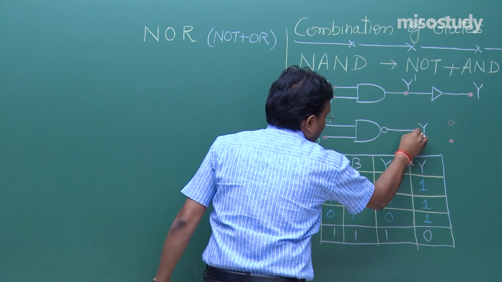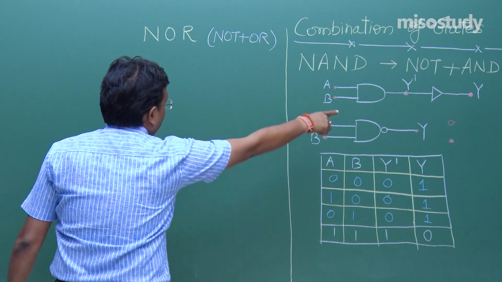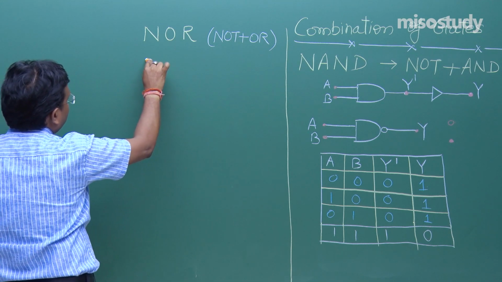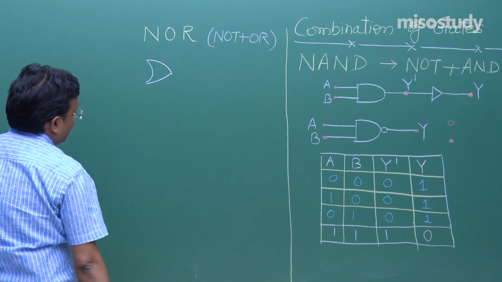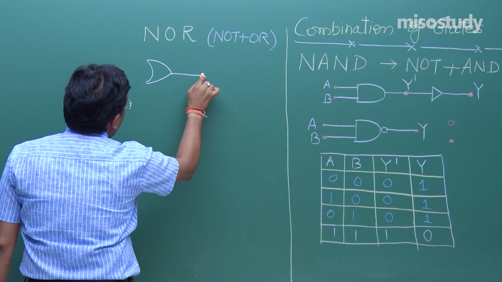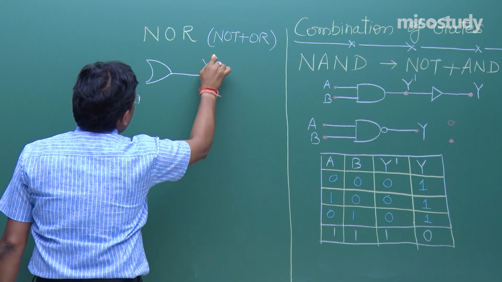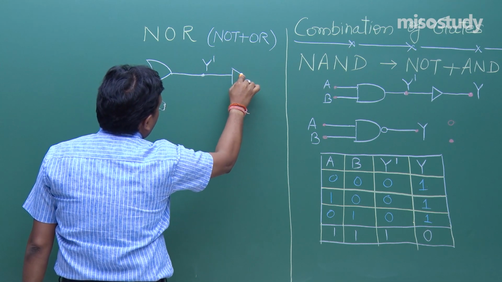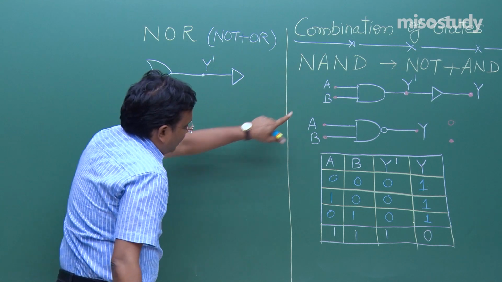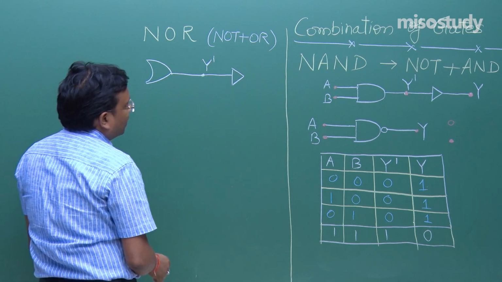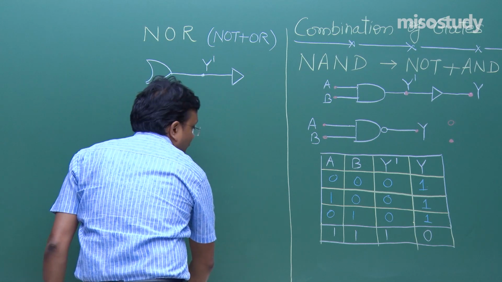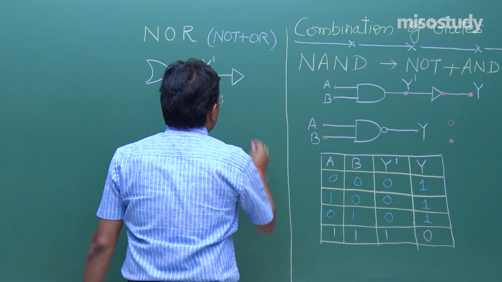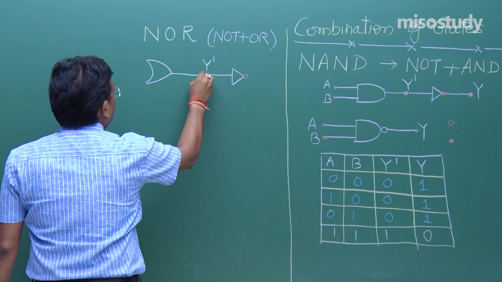Now, fine. So just on the basis of these lines, first I will draw an OR gate, fine, like this. From the OR gate, the output is, let us say, Y prime, fine, and to this output Y prime I added one NOT gate, the symbol is like this. So for this NOT gate, I think I should add this arrow over here also, this way. So similarly this way, this is a solid dot,